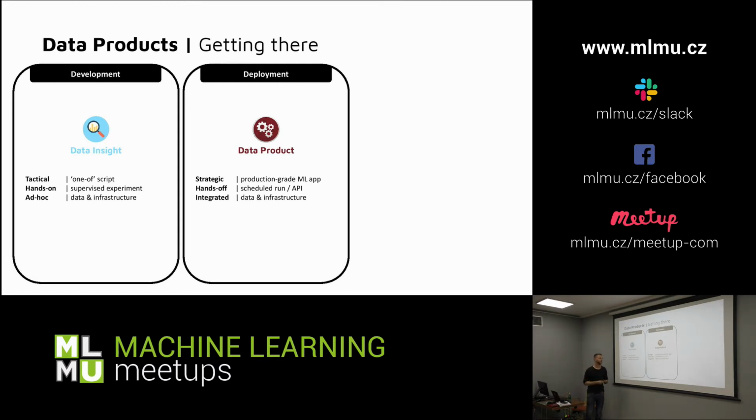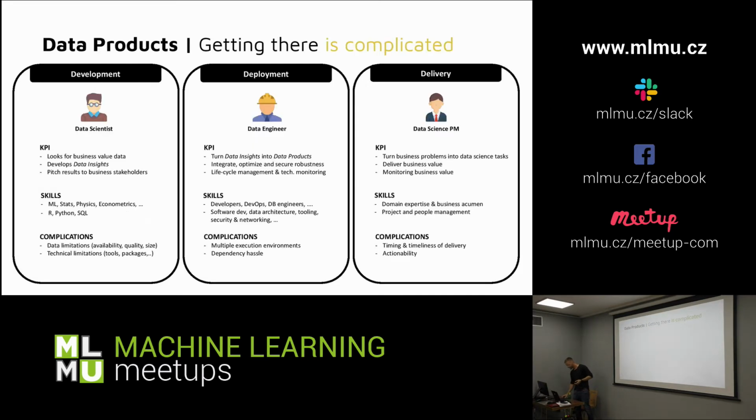And what I want to talk about is how you get from here to there in a simple, hassle-free way. Simple is an important word, because this is nothing new. You all know that this is important, and a lot of companies try to do this, but a lot of them also fail. And I was thinking of the reasons why this might be, and I think the reason is that turning data insights into data products